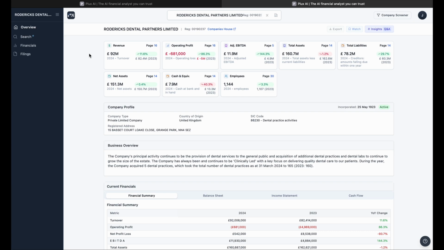This opens a detailed company profile in a new tab. Right at the top, you would see key financials including revenue, operating profit, EBITDA, and employees, and much more. Every number on this page is fully cited to its original source, with a clickable link to the exact page of the source filing. For example, here we see that Roderick's reported £92 million in revenue, and if you click